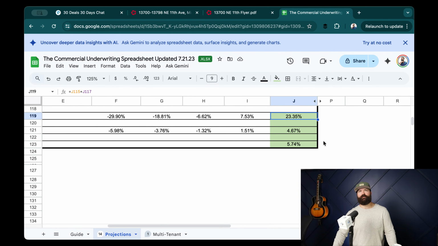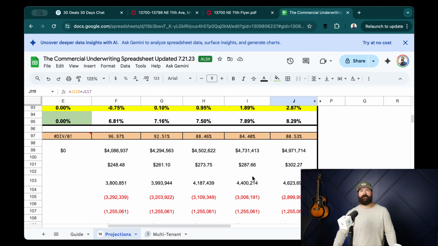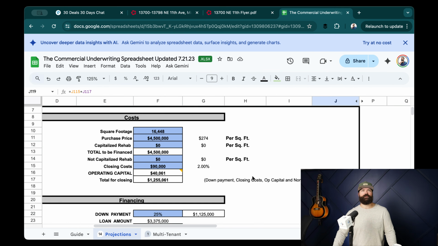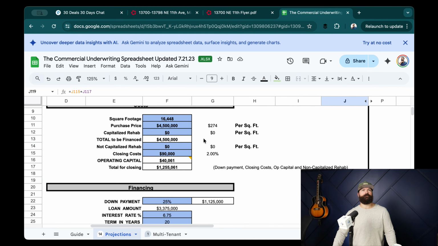Now we're at 23%. Still not great. I can't make that work, right? I'm not going to get out of bed to make 23% on my money for the next 5 years. I'll just put it in treasury bonds. So at that point, you got to start looking at it and go, okay, well,